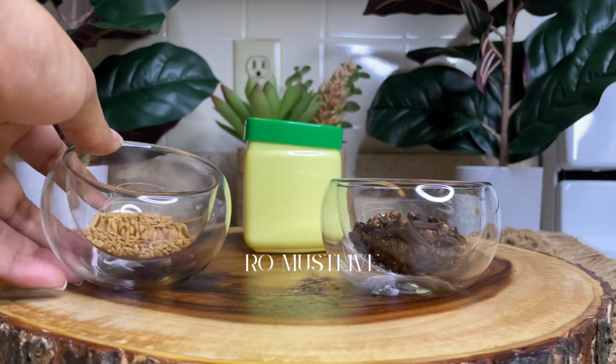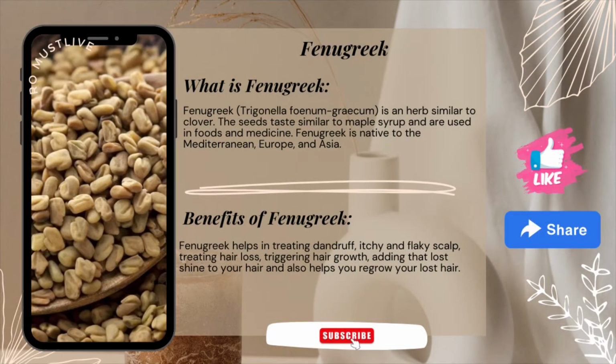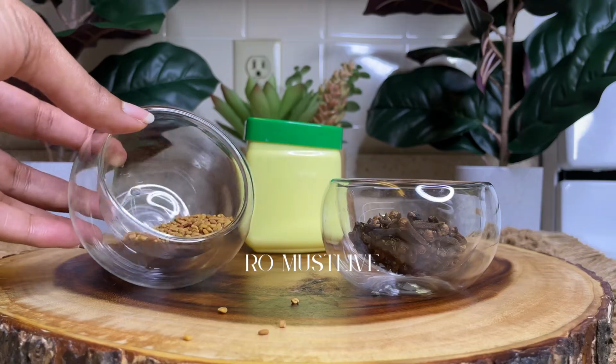The third ingredient is going to be 1 tablespoon of fenugreek. Fenugreek helps in treating dandruff, itchy and flaky scalp, treating hair loss, triggering hair growth, adding the lost shine to your hair, and also helps to regrow hair loss. While it stimulates blood flow to the scalp, it also nourishes the hair follicles to promote faster and healthier new